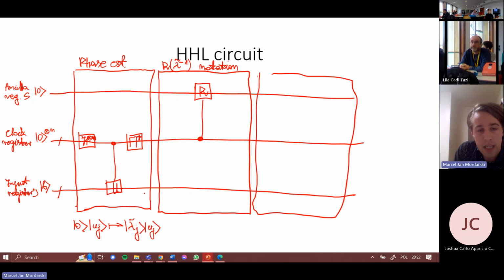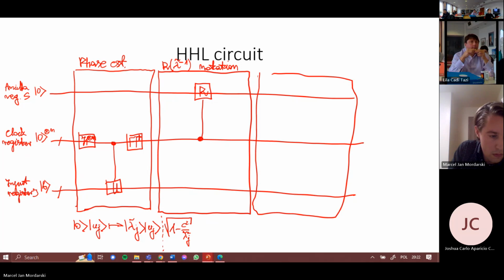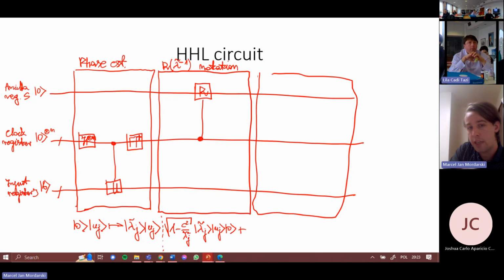So in this step, we estimated the eigenvalue, and it's within the state, whereas after the rotation, what we really want to get is the following. Lambda j, uj, 0. So after the phase estimation, you have essentially a bit string for your lambda j, which is the binary representation of that eigenvalue. This is some approximation, and then we want to turn it into a coefficient in this linear